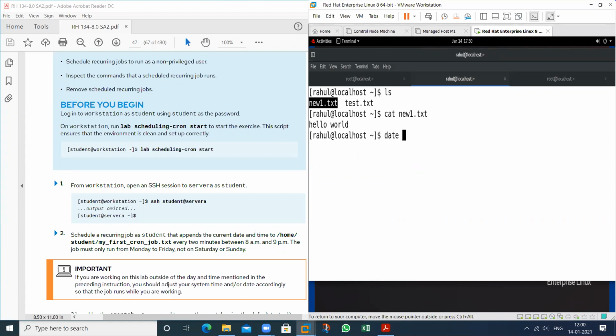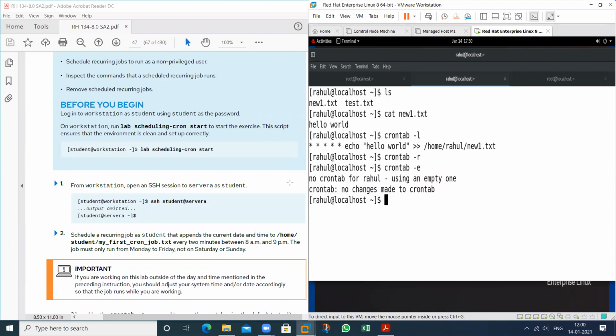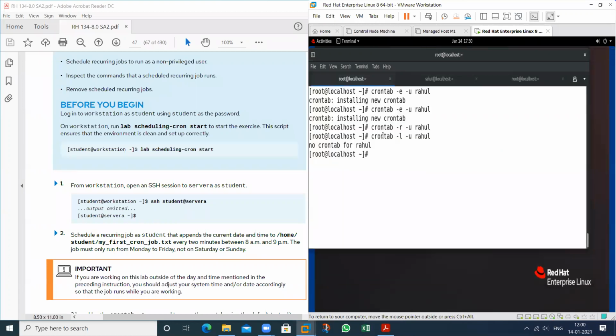Suppose I want to remove this one at this time. If I want to create again, I can also create, see. But I want this user not to be able to schedule the task, any cron job. I want to restrict that particular user from scheduling any task.